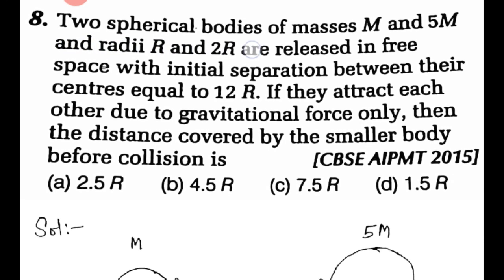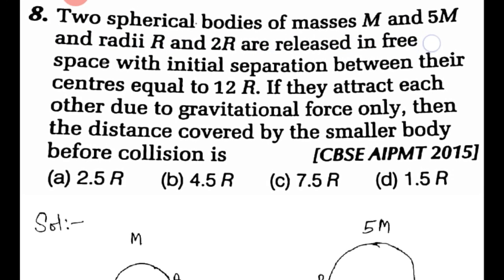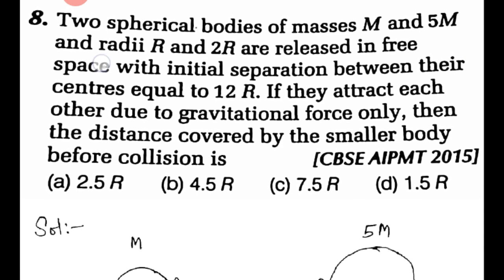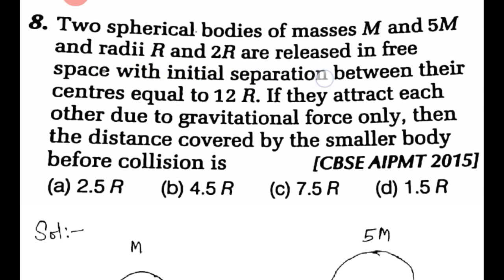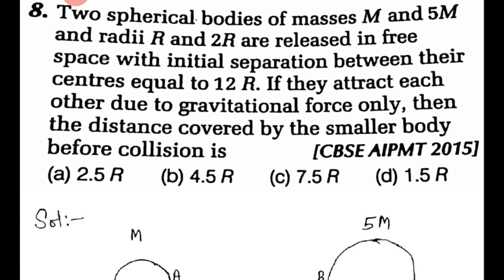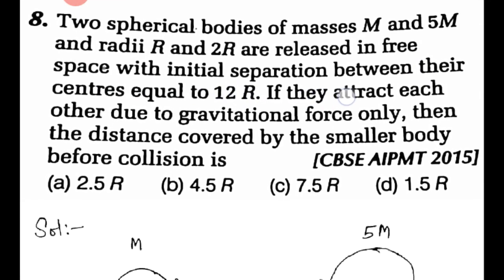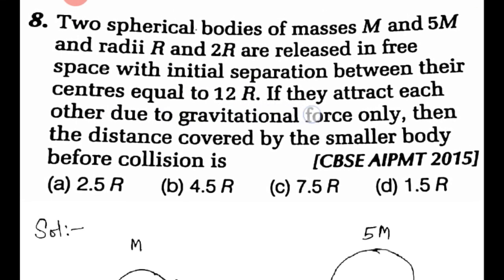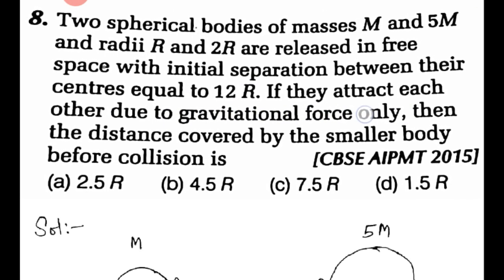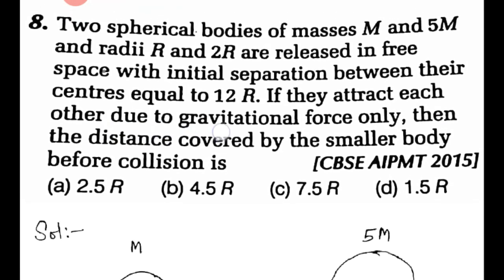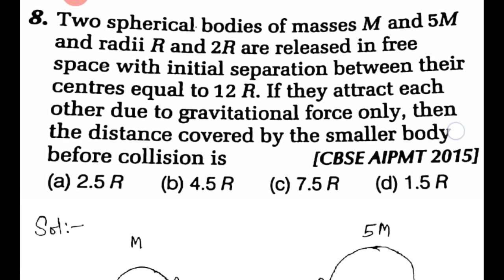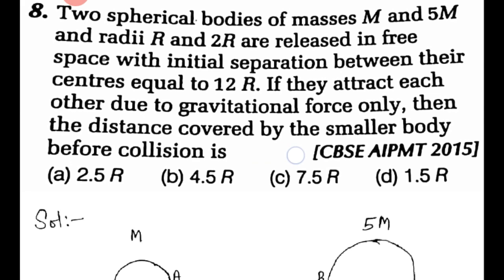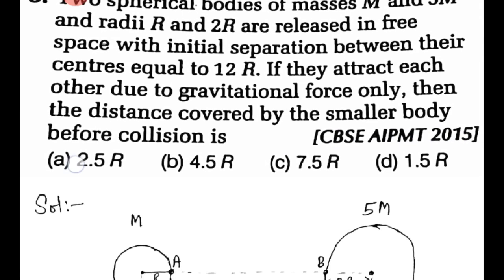Two spherical bodies of mass m and 5m, of radii r and 2r, are released in free space with initial separation between their centers equal to 12r. If they attract each other due to gravitational force only, then the distance covered by the smaller body before collision is